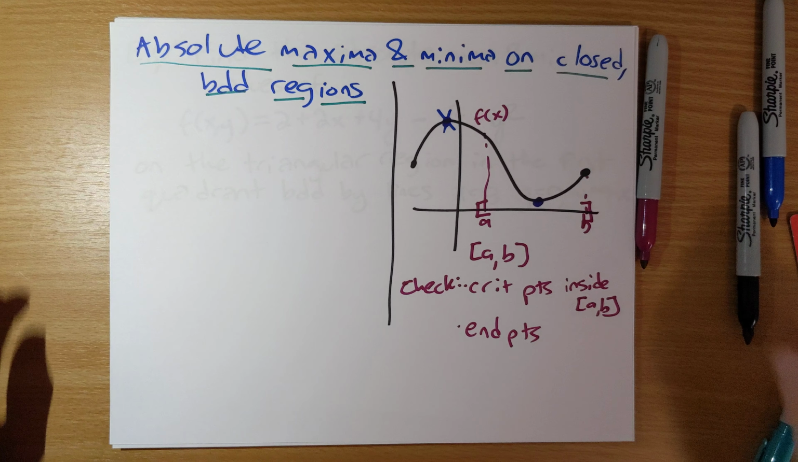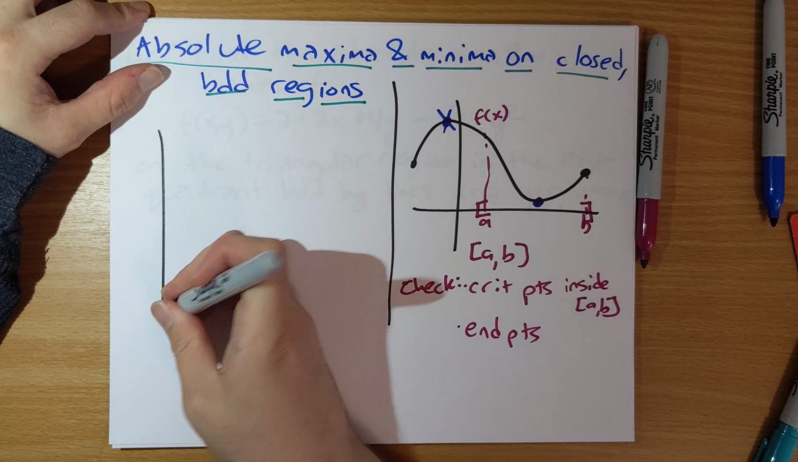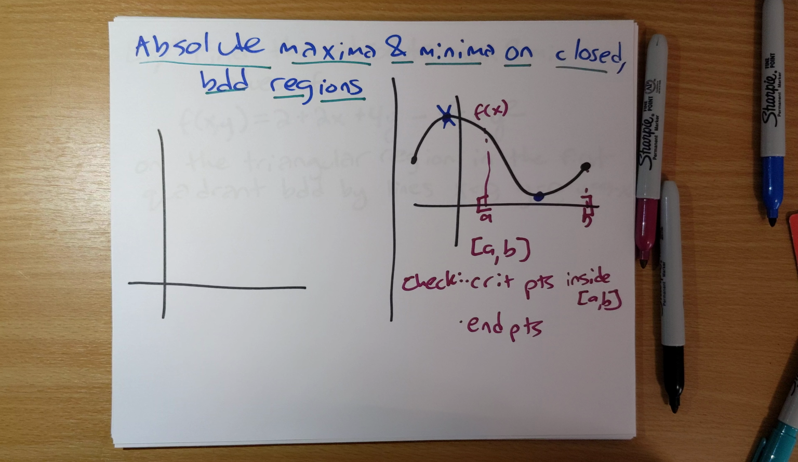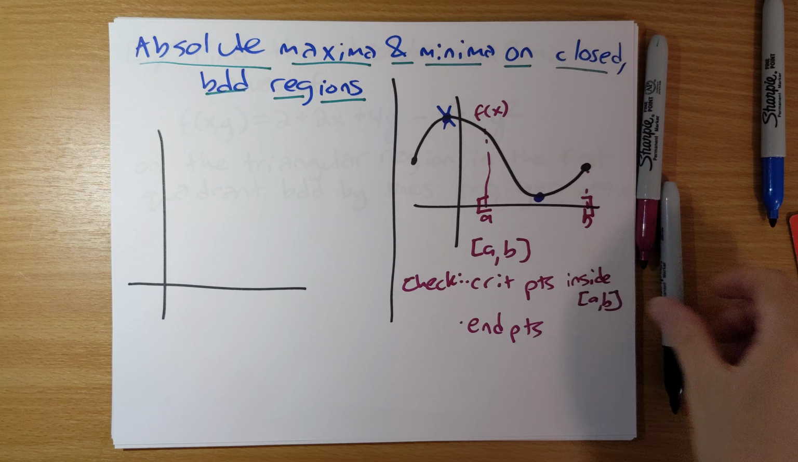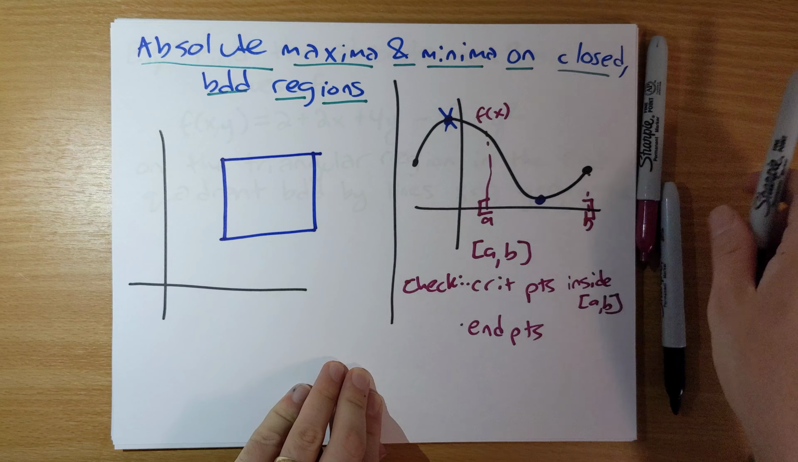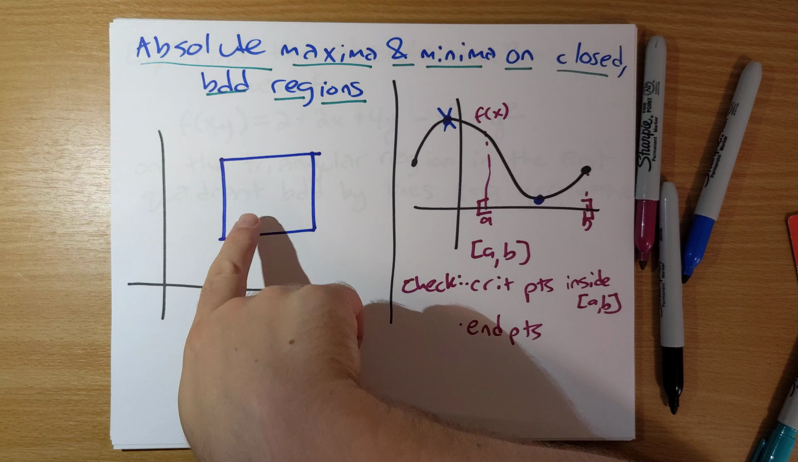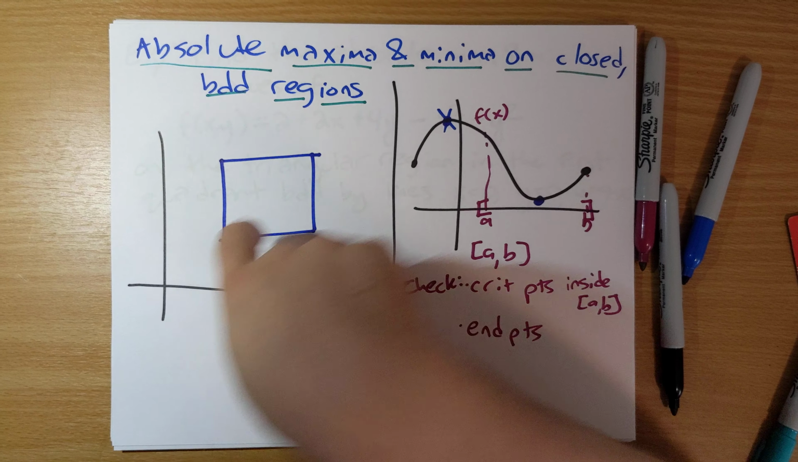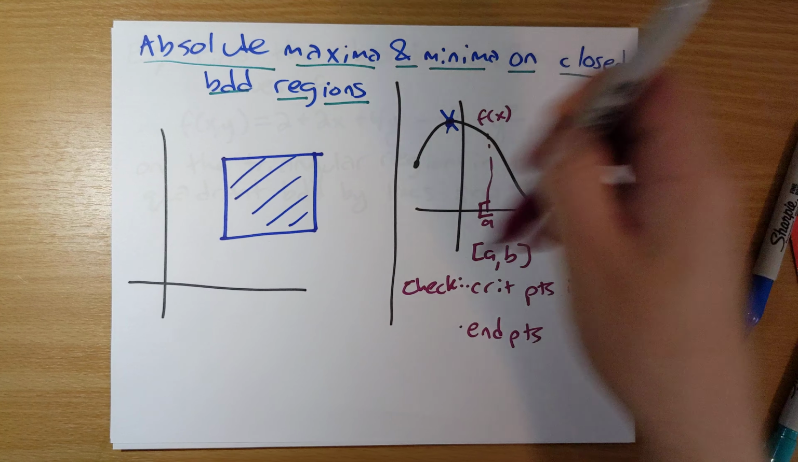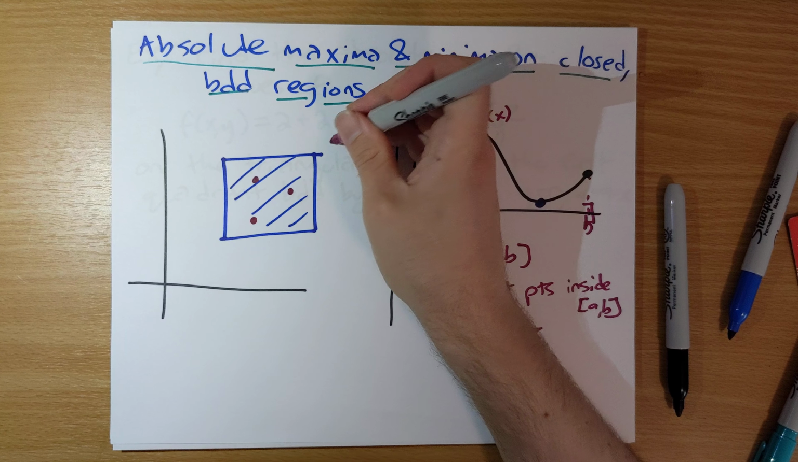So something similar is going to happen when we're trying to find global absolute max and mins of functions of two variables in closed bounded regions in 2D space. So suppose that I'm asking you to find absolute max and mins inside this square. So what would we do? We'd have to find